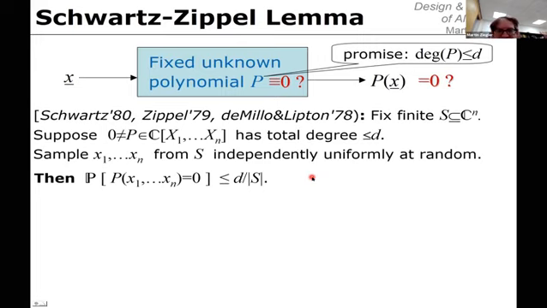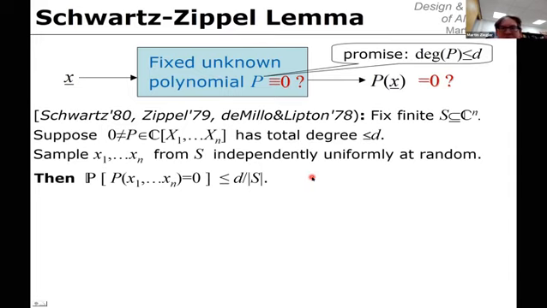Induction start is when n is equal to 1. So let's consider the case n equals 1, the case of a univariate polynomial, where we already talked about the univariate case, where we had this important tool, the fundamental theorem of algebra, at our disposition, right? So the fundamental theorem of algebra says